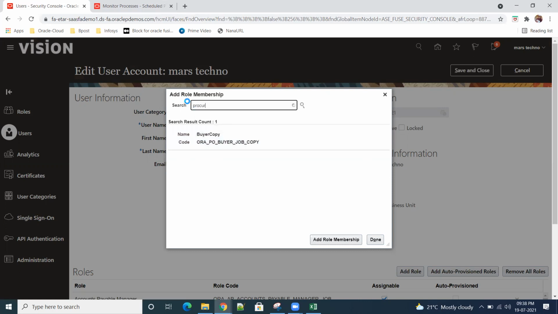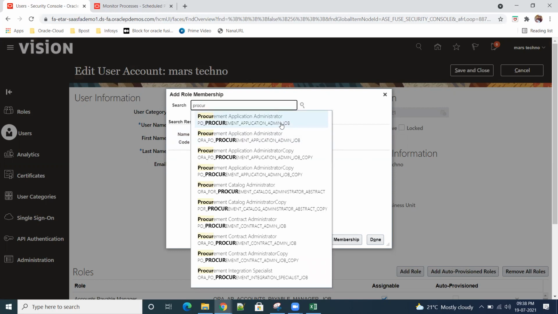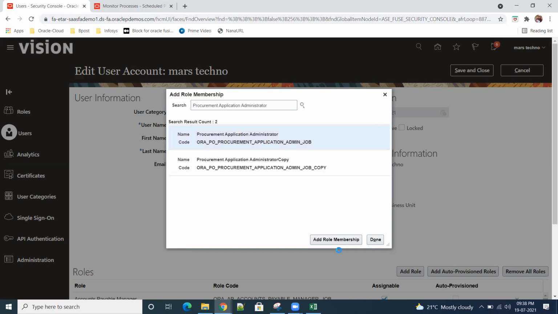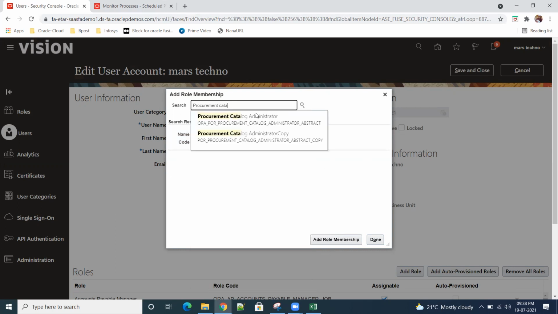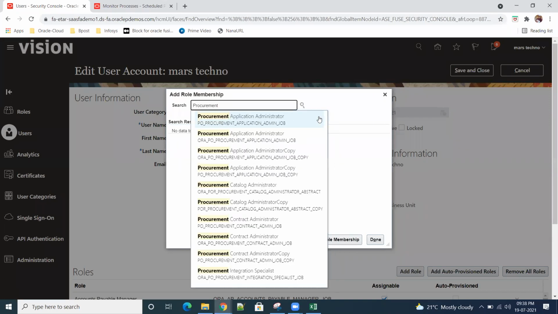Okay, so on the procurement side, what is there? Procurement application administrator. Procurement catalog administrator. Okay, catalog, so this is for catalog things. So we have the local catalog, right? And do you have the document, Ramna? Procurement document. Yes. Those roles were given, right? Yes. Can you see what is there for the supplier?